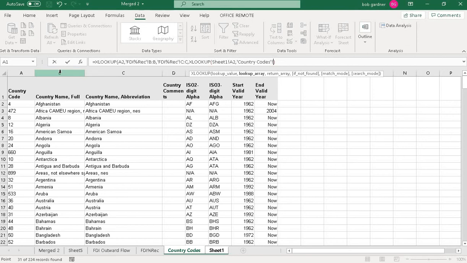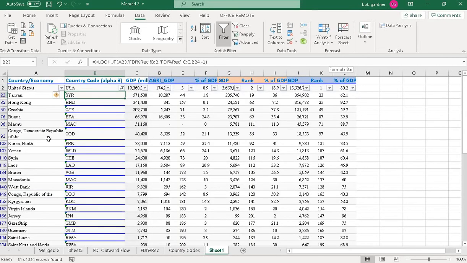Here is the code array which needs to be matched, which is the country name, and next is the return value. What I want in return is these alpha 3 codes. So I'll select the whole thing. Yes, so our argument is complete, and let's see if it works.